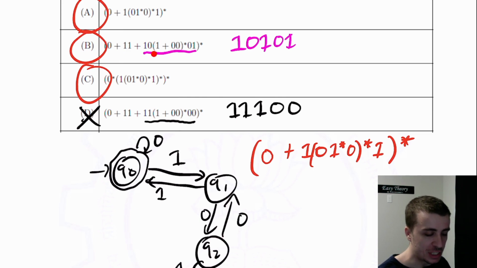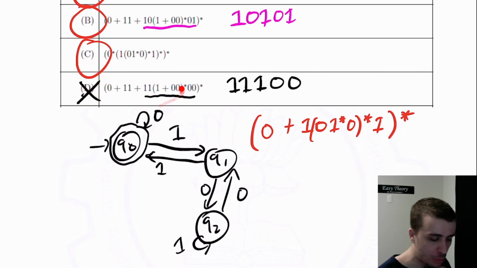Though this part right here is saying the 1, 0 ends up at Q2. So at this parenthesis, we're at Q2. The 1 we can do as many times as we want. We stay at Q2. The 0, 0 goes back to Q2. So at the end of this parenthesis right here, we're still at Q2, and this 0, 1 will take us back. Maybe this is the reason why this one didn't work. So these two parts are okay. The 1, 1 gets us back to Q0. The 1 will take us to Q1, 2, 0, 0, 0, 0. So this will end up at Q1. So that's why this one didn't work. That's why this one worked.